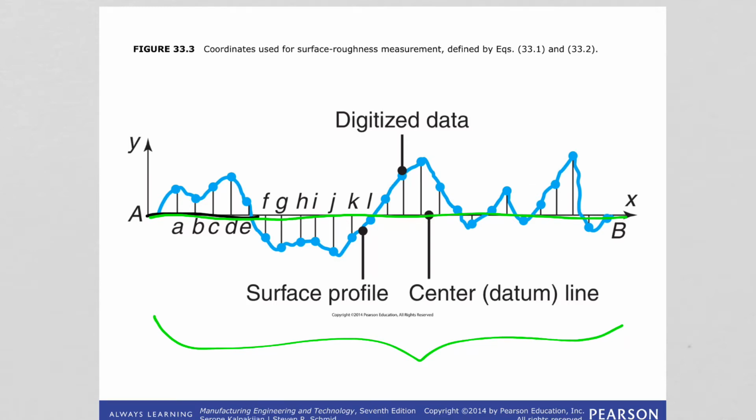Of course, these are vertical deviations, right? From the nominal surface, they can be positive and negative, and basically we're gonna average these. So the blue is the surface profile. This line here is the center line. Okay. And if we go back and see